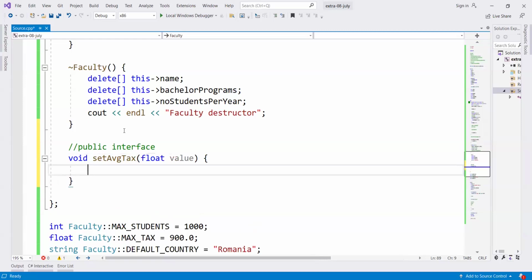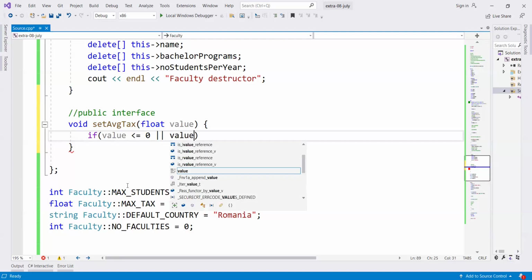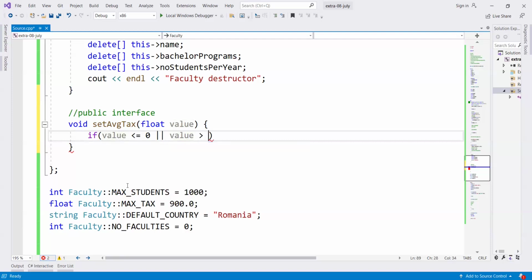We had a course on try-catch, and I explained why it's better to throw exceptions, and maybe you use those exceptions in C# and Java to notify other controls and modules. So here I will do this. If value is less or equal than 0, let's say the tax can't be 0, and now I'm using the static. And if value is bigger than Faculty max tax, you see here the max tax has utility as a validation value,